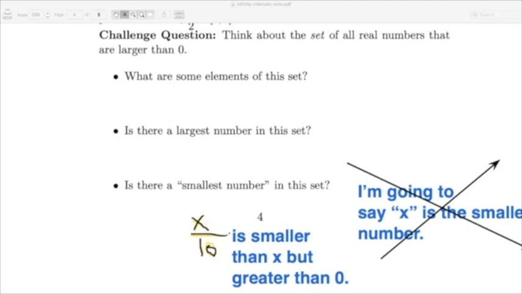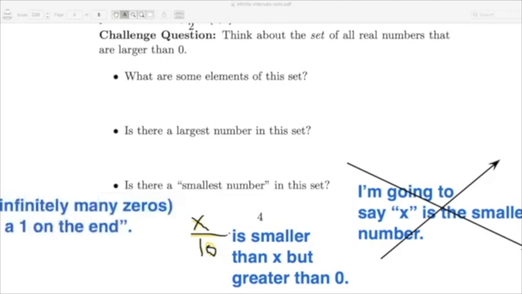I used to ask this question in my college algebra classes. I'm not making fun of them. I think this is a really common human idea. They would say the smallest number in the set is 0 point infinitely many zeros with a 1 on the end. And the fact that this actually goes on forever and that you can't stop and put 1 on the end